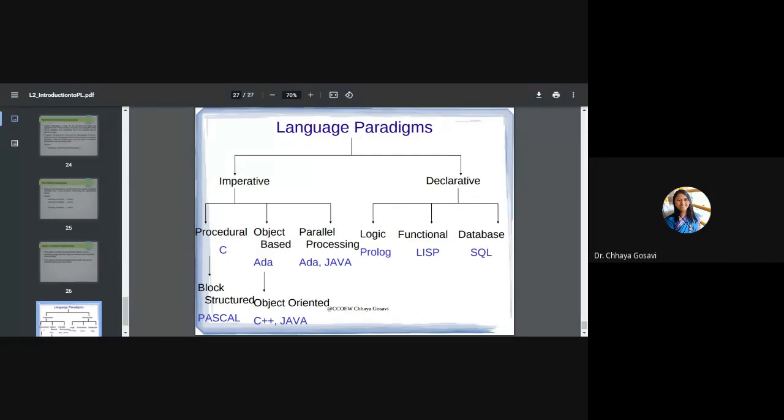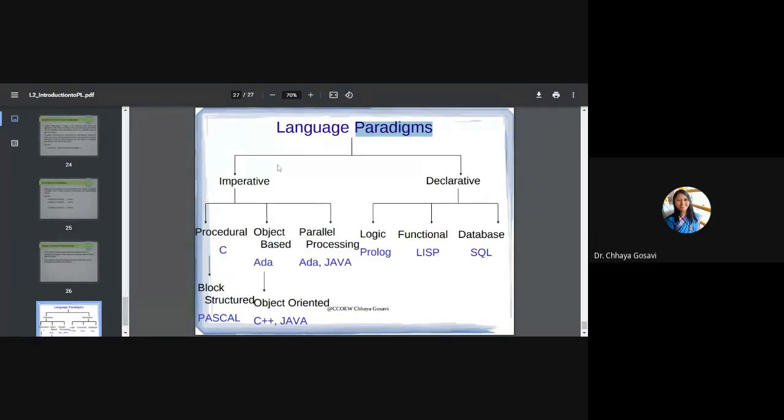So programming language paradigm. Paradigm, this word means classification, but it is not hard and fast classification. That means once you divide it in one type, it doesn't mean that it is not possible to divide it in another data type or another class. So language can show characteristics of different classes. So language can belong to more than one paradigm. Paradigms means classification based on characteristics.